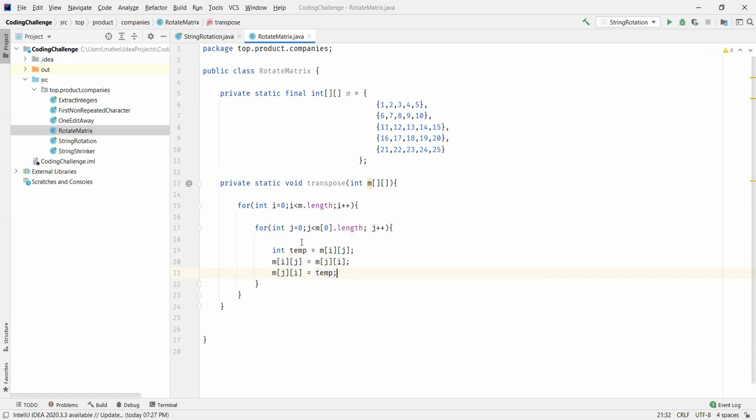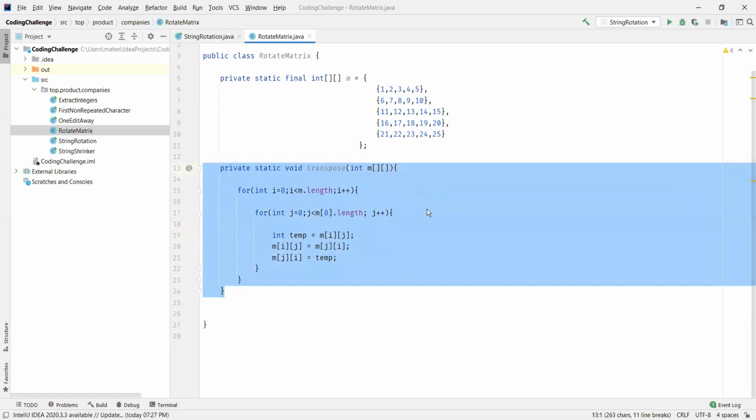We have ij in temp, right? So we are swapping m of ij with m of ji, so that we get the transpose of the matrix. Now we got the transpose of the matrix.